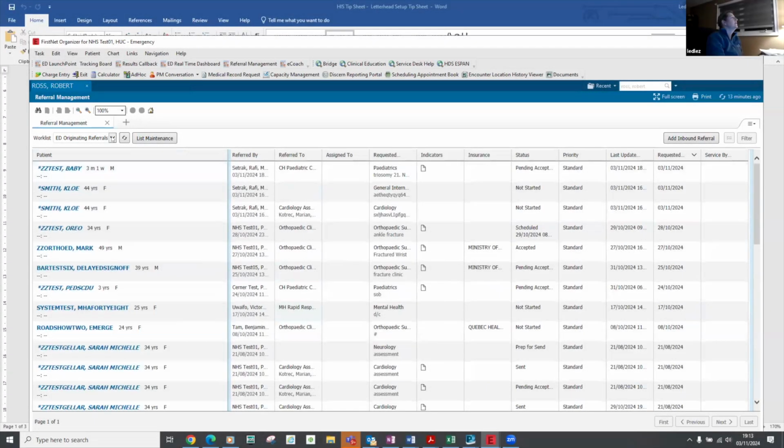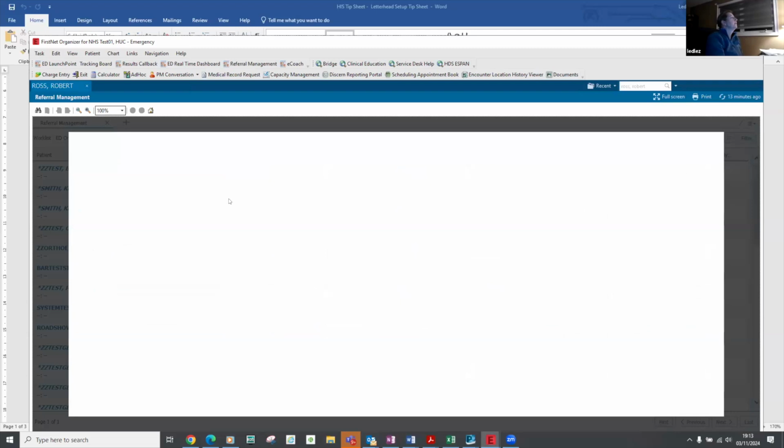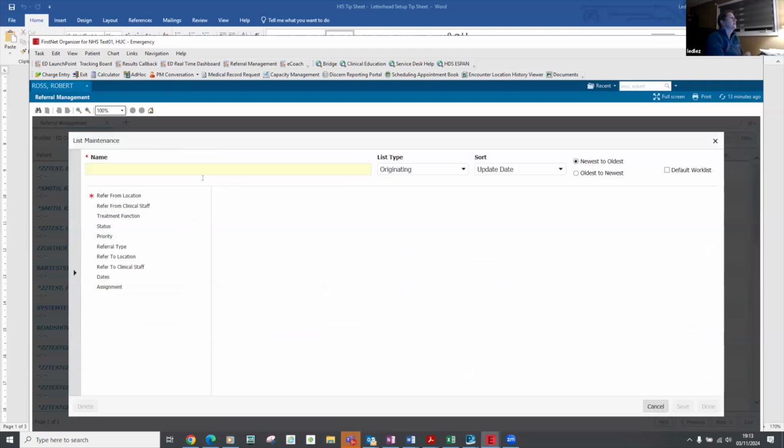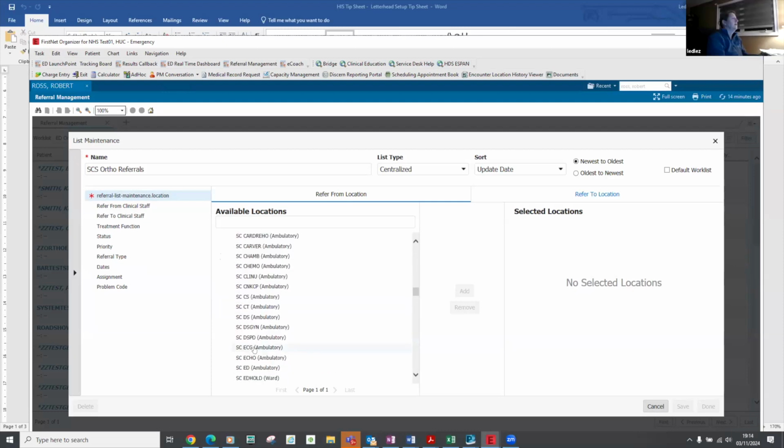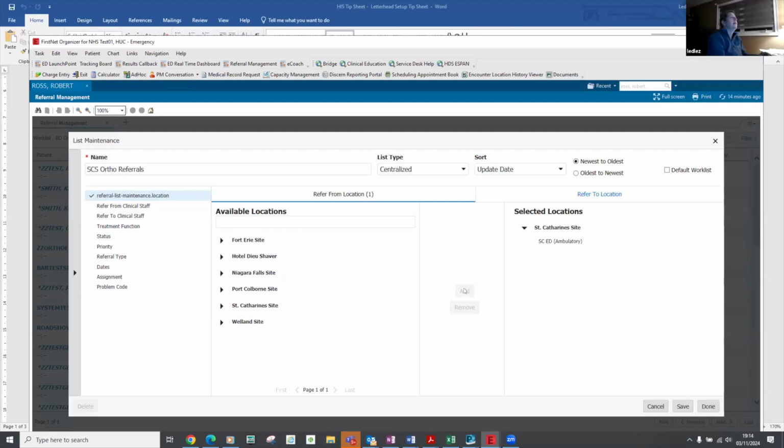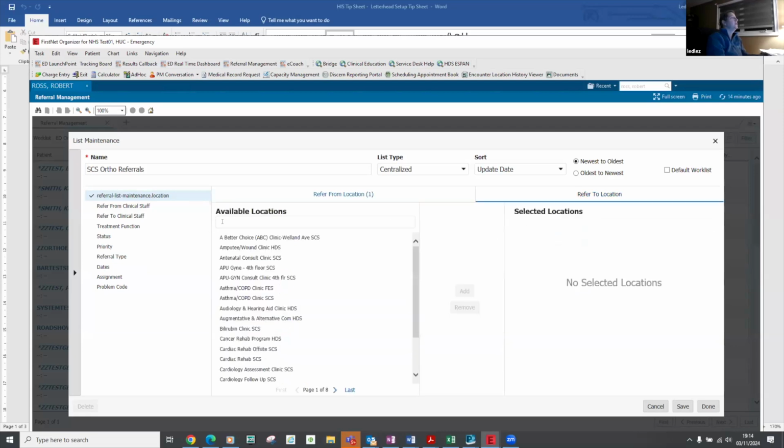That I might suggest by adding a work list and calling it SCS ORTHO Referrals, because these ones are slightly different. So we need to set up a centralized list. And from there, we need to pick our refer from location. So because this is St. Catharines, we're going to pick the St. Catharines ED right here, and we're going to add that as our refer from location, and our refer to location is going to be